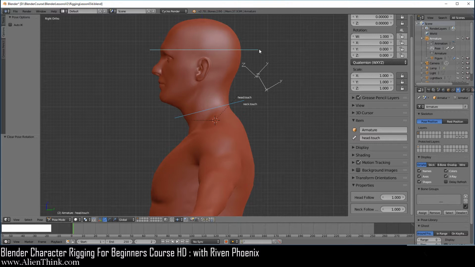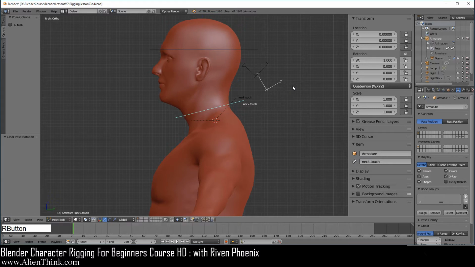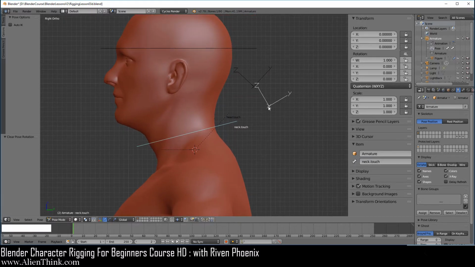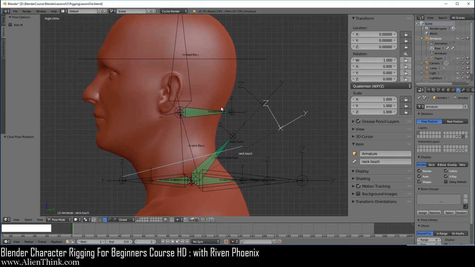Okay, so here you can see that because we've locked the location and rotation, all the user is really allowed to do is rotate this bone, right? Same thing for this bone. Okay, so that's that. So here what we're going to do is press the Shift key down and go ahead and turn back this module. Go ahead and place this like this, and this officially completes the head and neck rig.